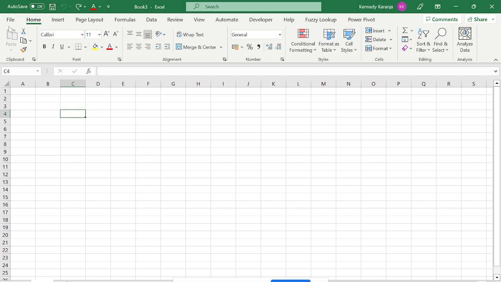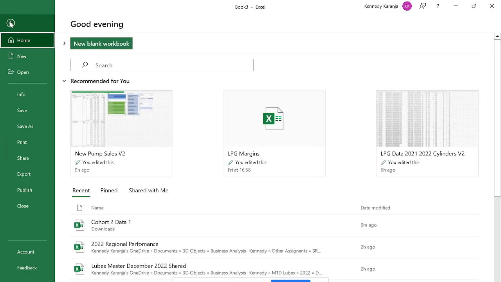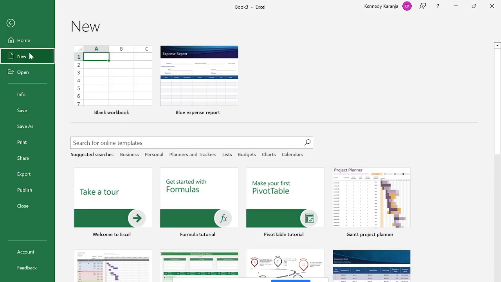Okay, so I will just get to discuss what each ribbon has and how we can use it for our analysis. All right. Okay, so the file ribbon contains various functions, which is now you can go to the home button. Okay, while you are on the file ribbon, you can create a new worksheet, and maybe even use